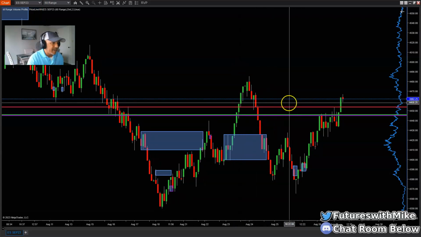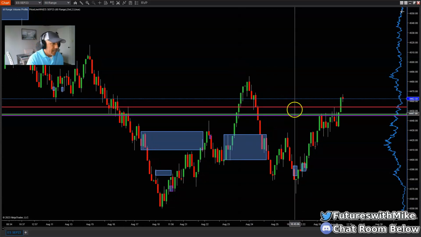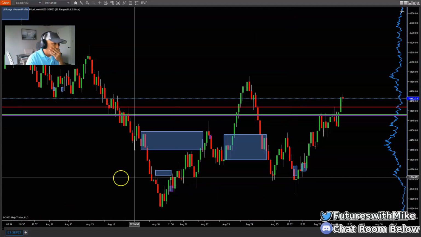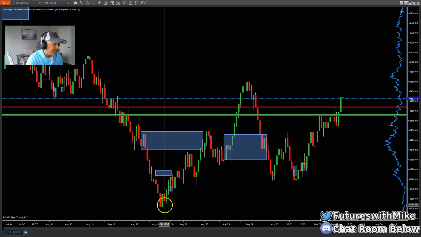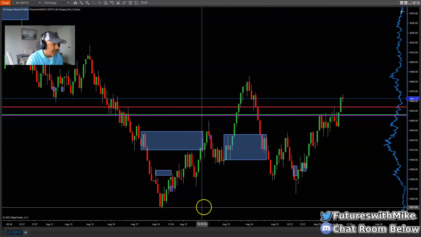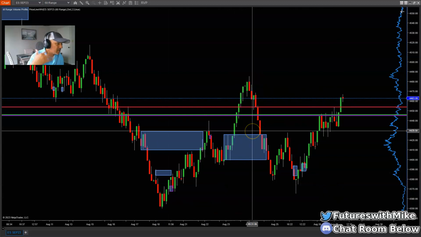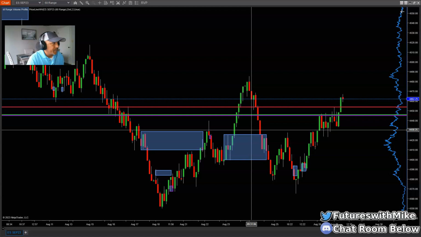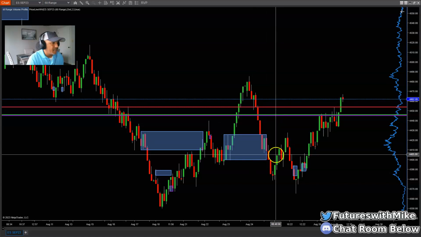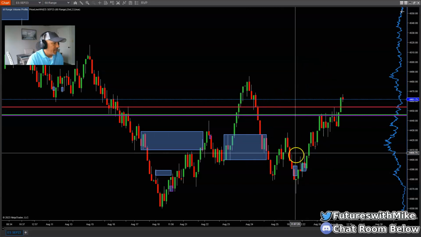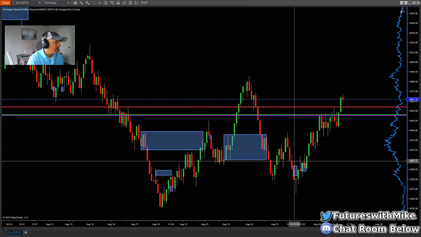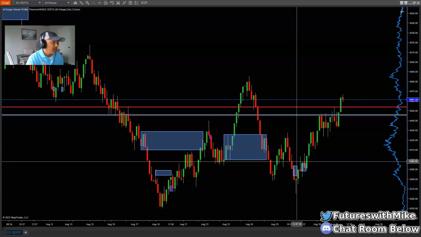And looking at the market, I would have more so right now a kind of bearish sentiment. We're in a wedge. We have a low here and a high here. But I still primarily focus on shorts right now, looking at the higher time frame. But if we start to break above, then my sentiment or bias would switch to looking for longs.